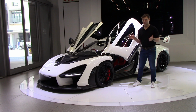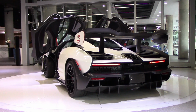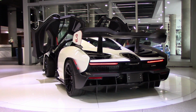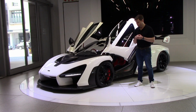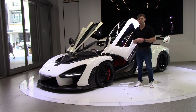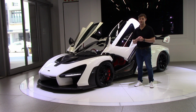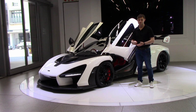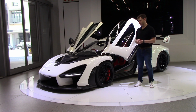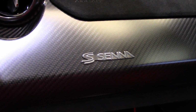So what is the McLaren Senna? Well, in 2017 the McLaren Senna was launched as an out-and-out track car that just so happens to be able to go on the road. Of course, the name would suggest that it is a tribute to Ayrton Senna, a multiple Formula One world champion that won 3 championships with the McLaren Formula One team. So much so that some people regard him as the greatest Formula One driver to ever have graced the circuits of the world. And so it was only fitting that as a tribute to Ayrton Senna, McLaren built this absolutely